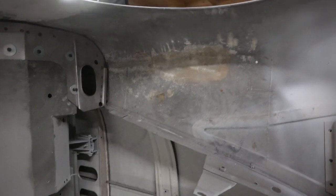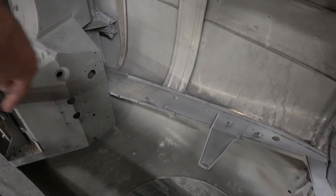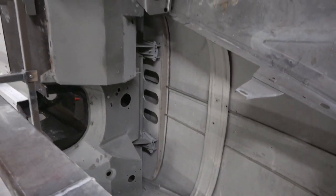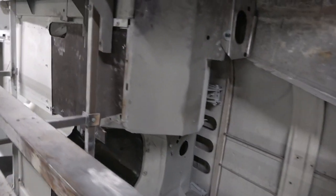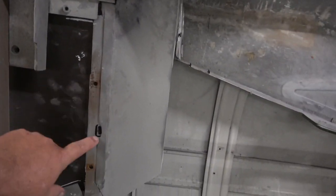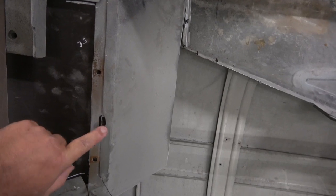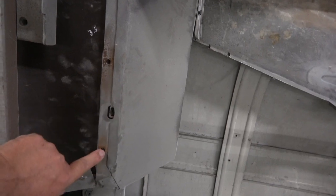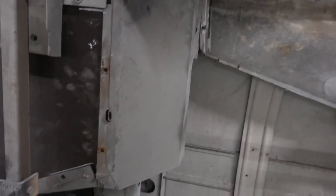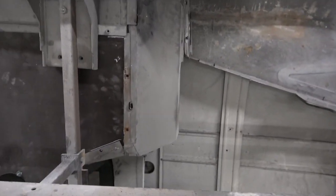We'll see. So what I have to do now is turn the car over and put the hockey stick on this side here and this one and make sure that one fits, and then I can take the floors out again and redress the floors. Basically I've drilled holes through so I know where they need to be now. And I think this one actually bolts onto the chassis, if I remember rightly. So this needs to be quite a big hole with a huge washer on it. And I think these were just self-tappers. And this one here. But I need to do quite a bit of woodwork on that to get them to